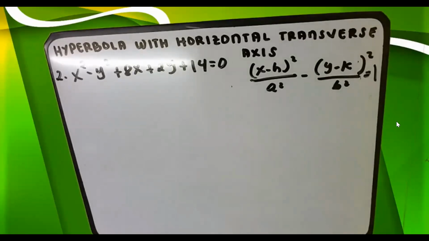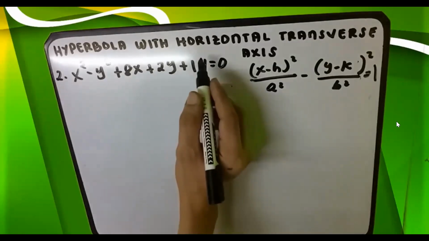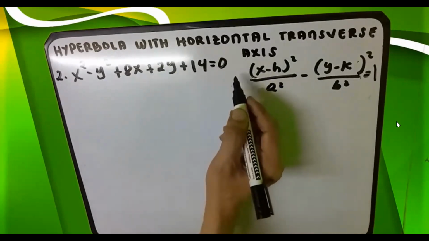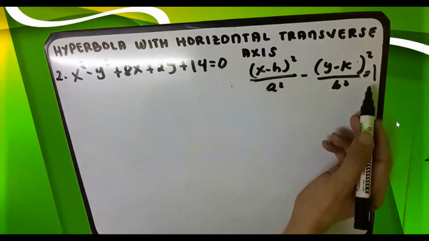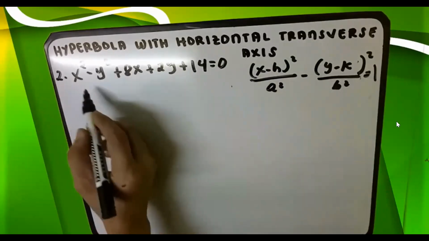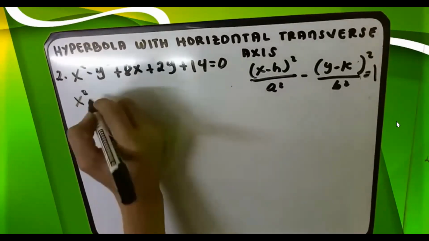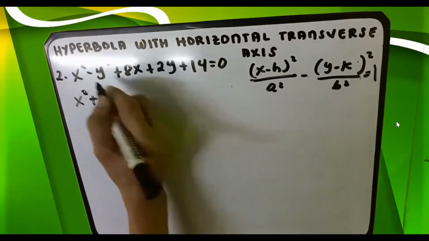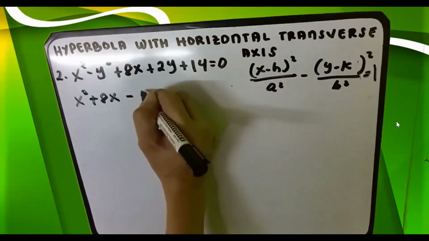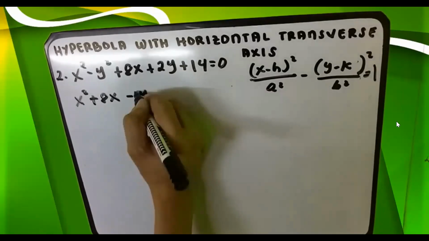So again, ang ginagawa natin is kailangan yung equation ay ma-equate sa 1. Kaya ang gagawin natin, si constant term, ililipat natin sa kabilang side ulit, kasi si constant ay nasa right hand side. So ngayon dito sa left hand side, pagsamahin na natin yung may magkaparehas na variable. So si x square saka si 8x, pagsamahin na natin, and then minus si y square, ilagay natin sa loob